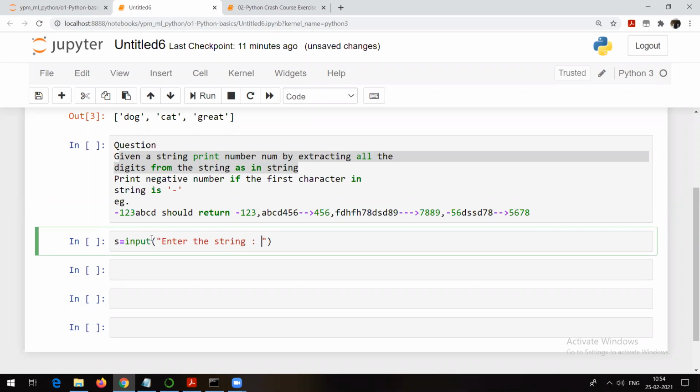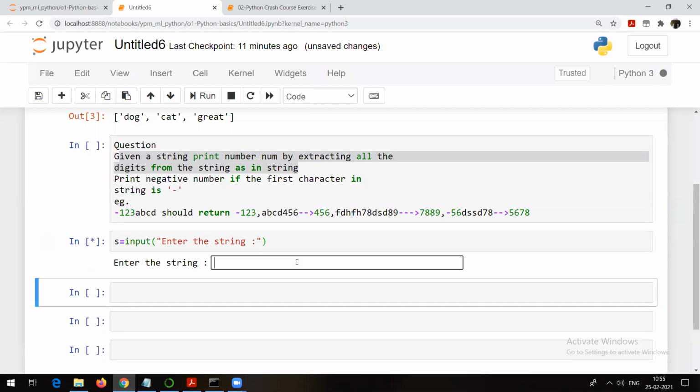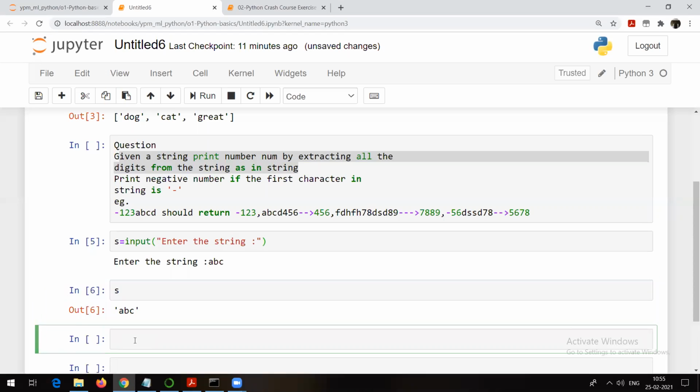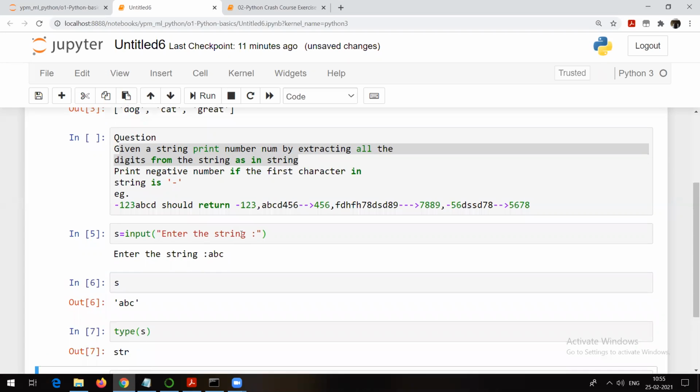Okay, the user is going to enter some string. Suppose I enter ABC, now see, the value of s is ABC. If you want to see the data type of s, it is str.